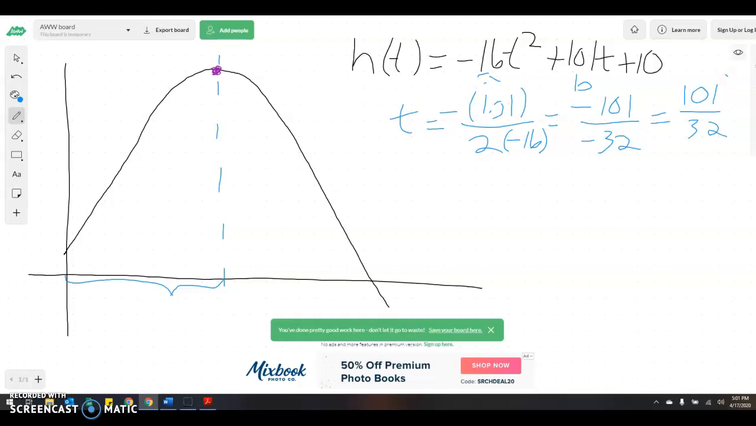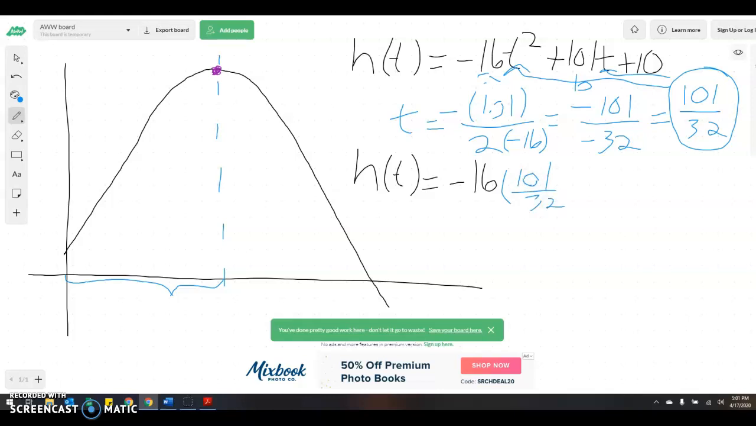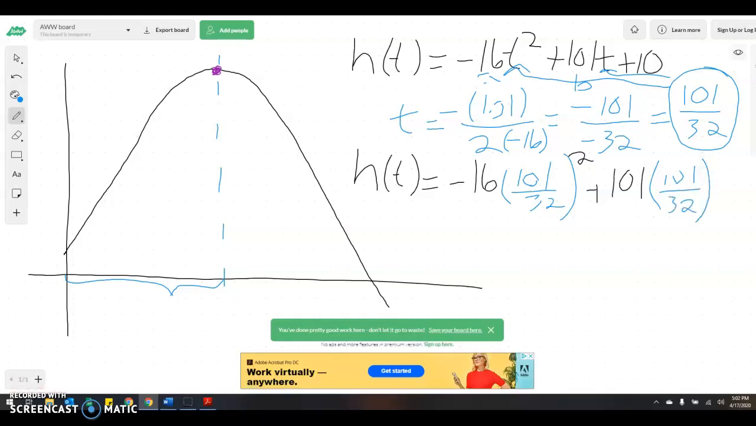And so now I'm going to take this 101 over 32, and I'm going to plug it in everywhere I see a t, because I know how long it took to get to that line. Now I want to figure out how high it is. So I have h of t equals negative 16, and I've come to a t, so I'll plug it in with parentheses, 101 over 32 squared, plus 101 times 101 over 32. I'm using different colors, hopefully you see where those are coming from. Plus 10. Now don't do that by hand. Plug that into a calculator and you're going to get h of t equals